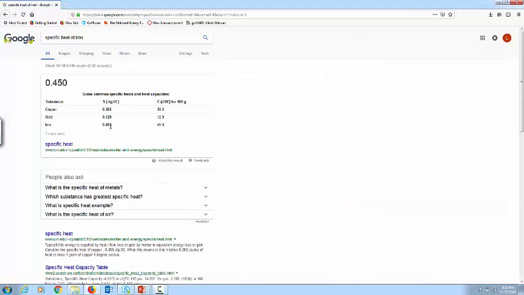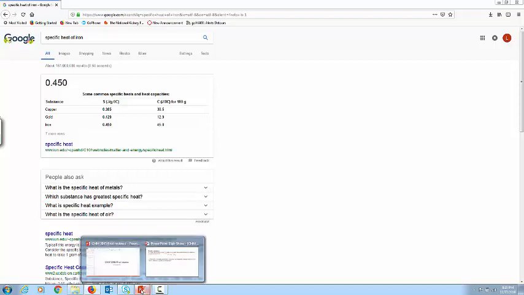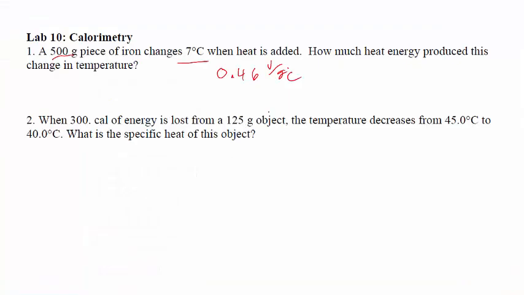Specific heat of iron is 0.45. That's a little off. In joules per gram degree Celsius. Okay, 0.45 joule per gram degree Celsius. Perfect. So we have